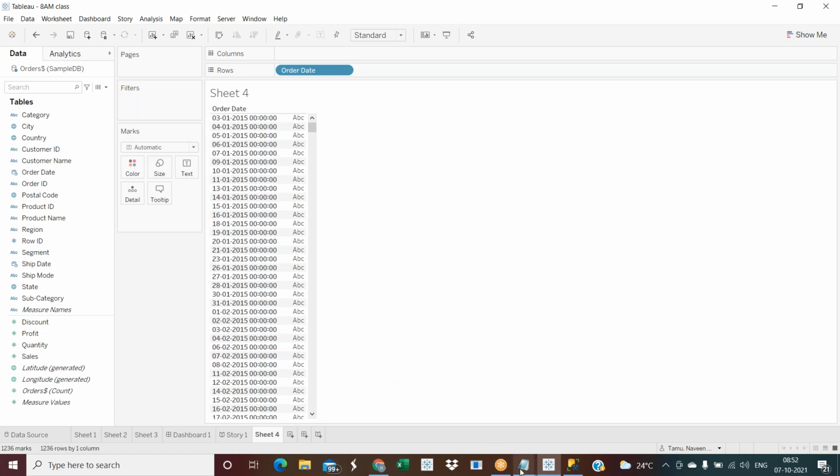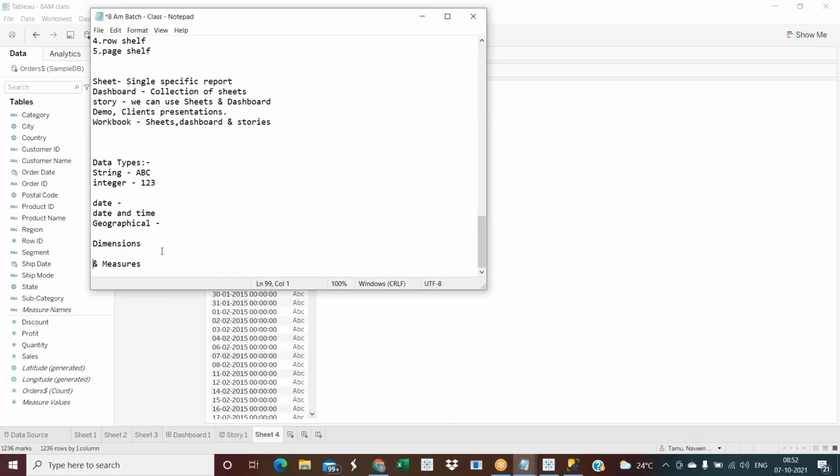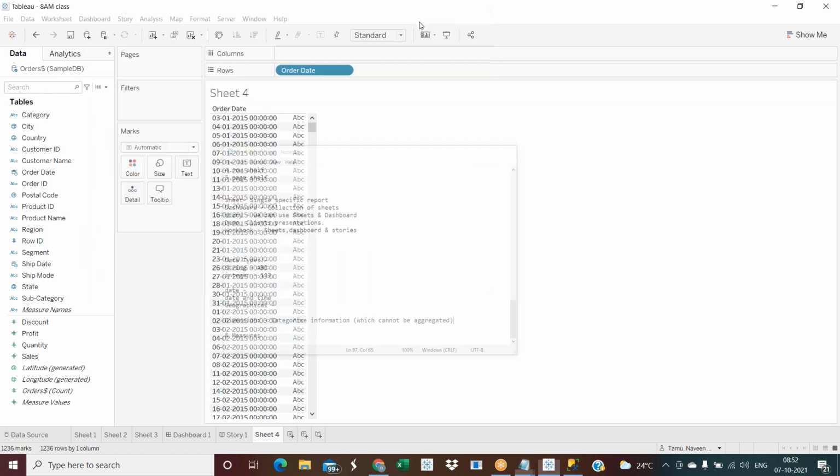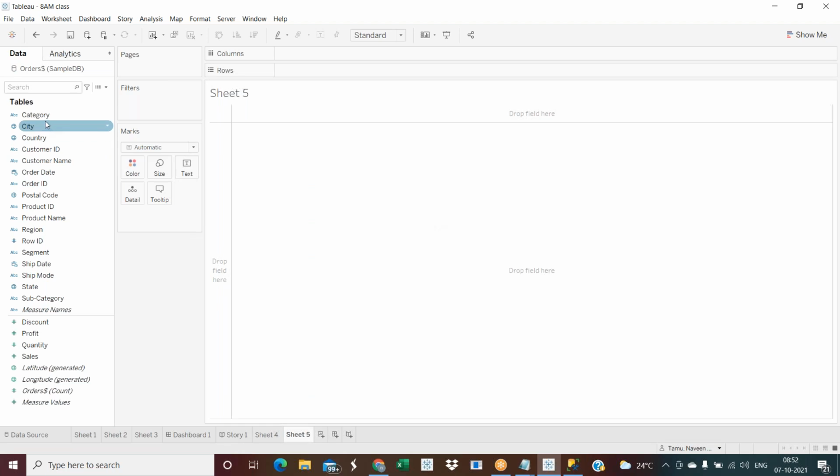Simply, a dimension is categorical information, which in Tableau terminology cannot be aggregated. So now we can see the data category we have.